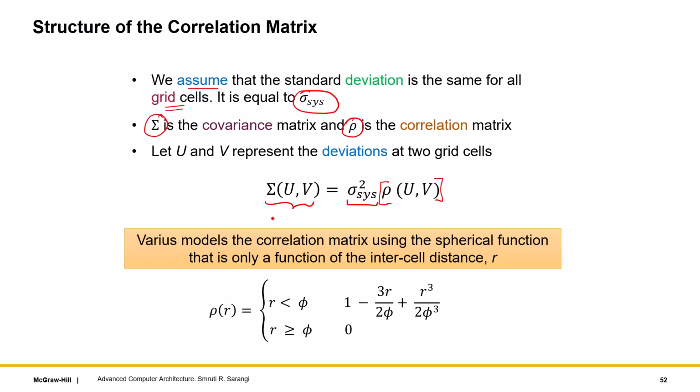For Varius and many of the other tools, the correlation matrix is important, and it uses the spherical correlation function, which basically says that given a grid cell, I divide the grid cells into two worlds, one within a distance and one outside a distance. Outside a distance of r, the correlation is 0, which means you can think of them as absolutely uncorrelated, covariance is 0. And within a distance, you can basically say